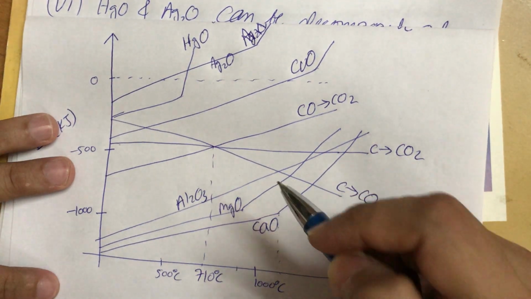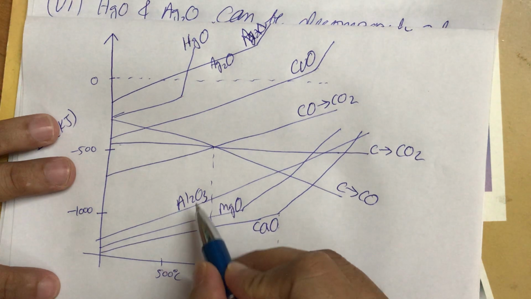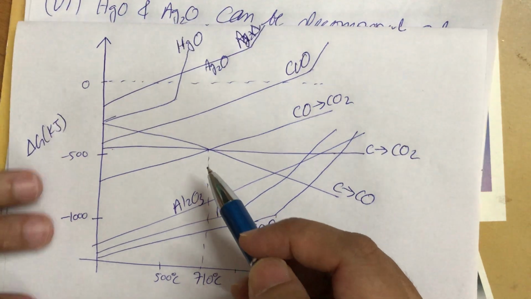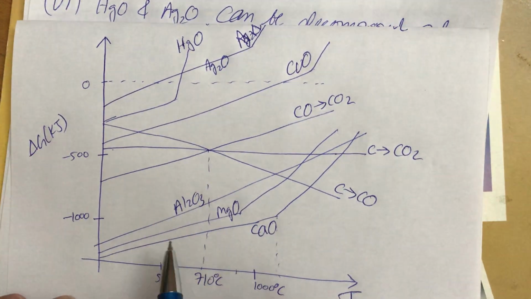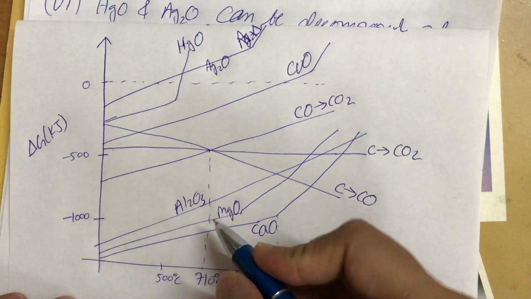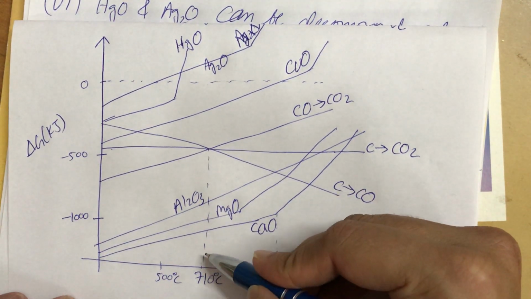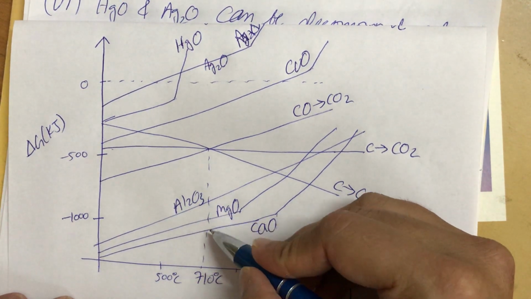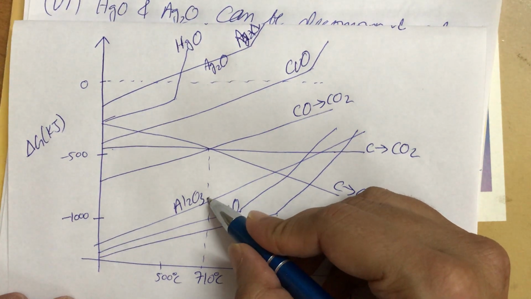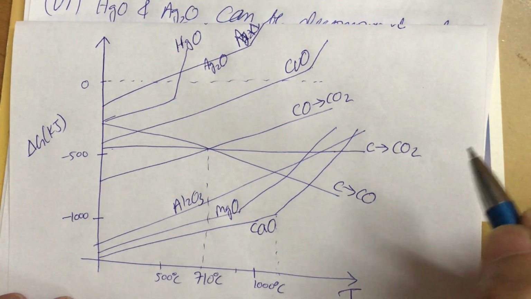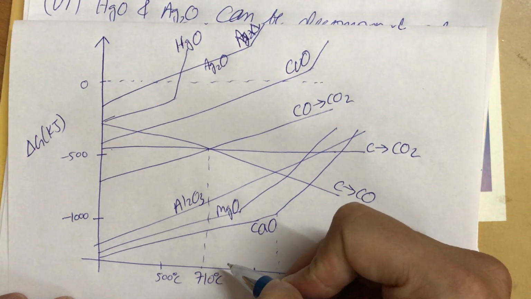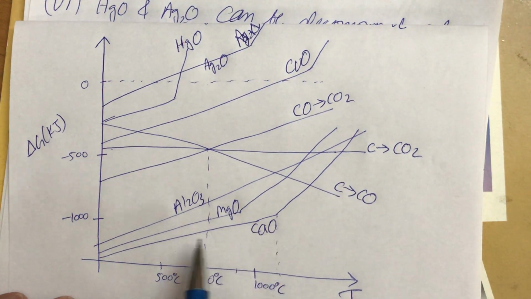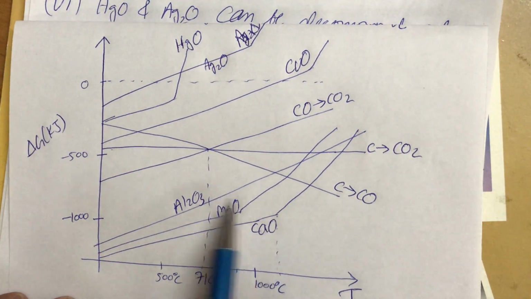In the seventh point, it is written that any metal which is present below can undergo oxidation, and it can reduce the oxide of a metal which is present above it. So if we have MgO at this particular temperature, let's say we talk about 710 degrees Celsius, this is the line for 710. So magnesium can reduce Al2O3. Magnesium itself forms MgO, and Al2O3 can be converted into aluminium. The line which is present below has more negative delta G. So the formation of oxide is more feasible, more possible, for the line which is present below.